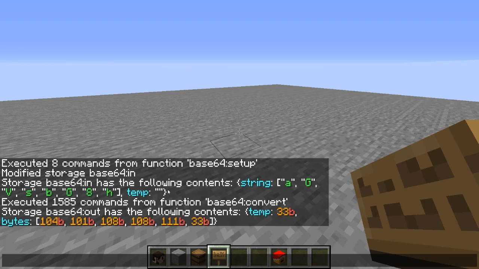It just converts your base64 string that you input into a set of bytes that correspond to the ASCII characters that you inputted. This is the base64 standard, basically. Now this system